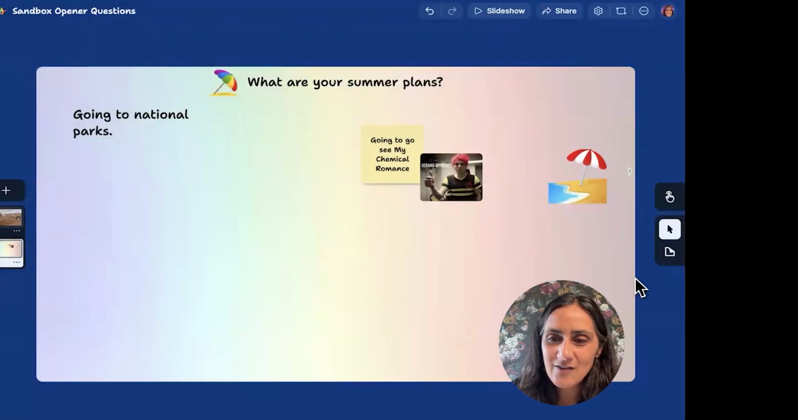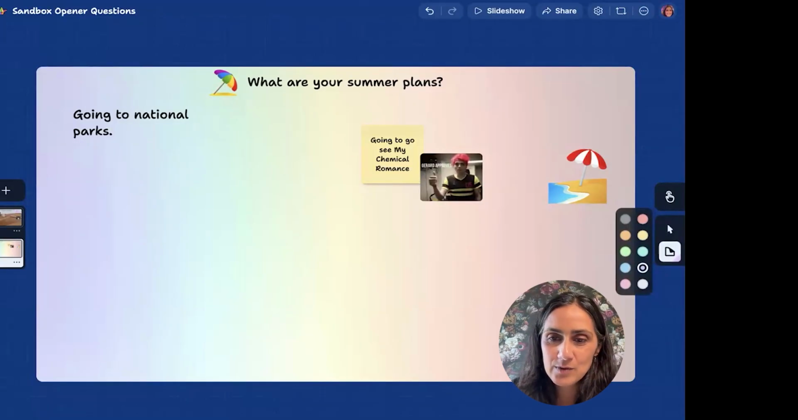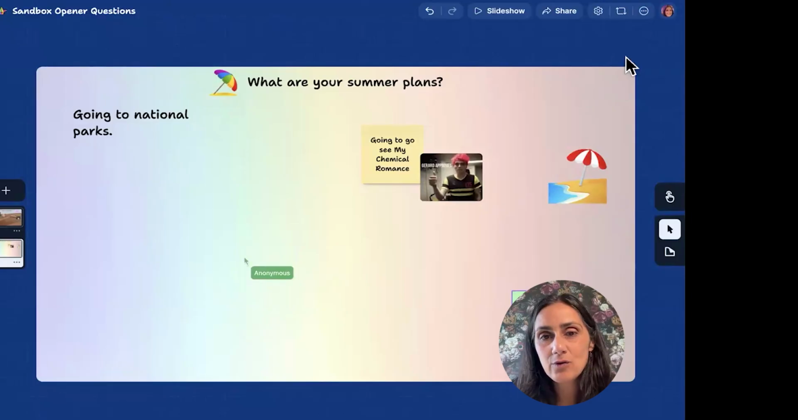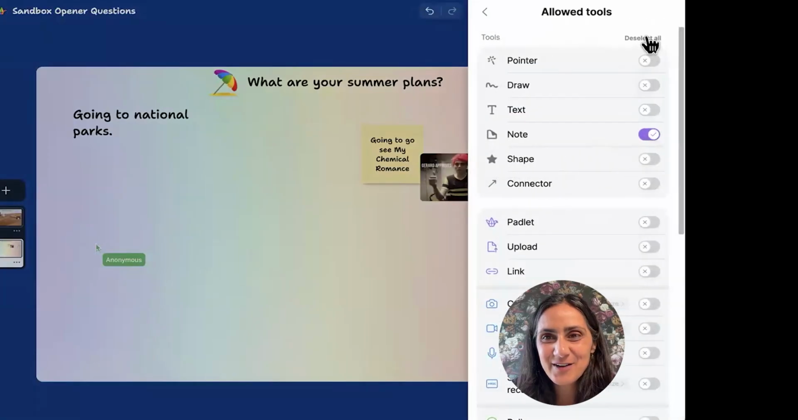So now you'll see over here on the right-hand side, you can't add images anymore, and you can't put in any of those other attachments. And I've just left these Post-it notes. So sometimes you might just want to have a brainstorming discussion just with Post-it notes, and you can control that in your settings and make it really specific. All right, I'm going to come back here to allowed tools, and I'll put them all back on